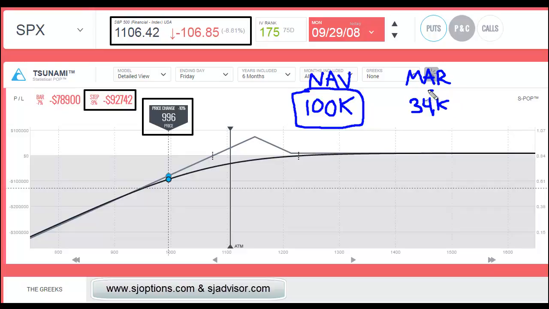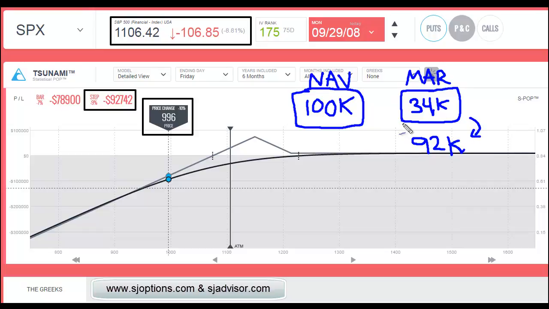So we began the trade using about a third of your buying power. 1 day later, margin goes up to 92,000,